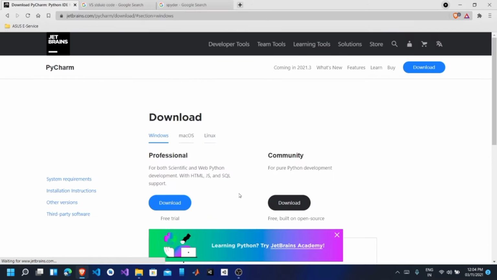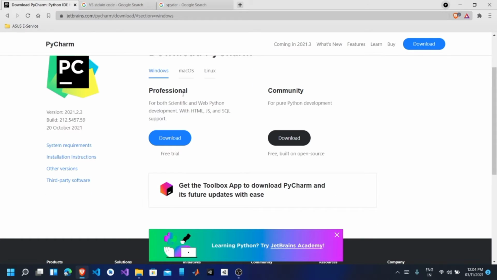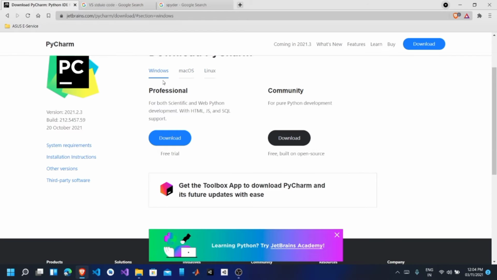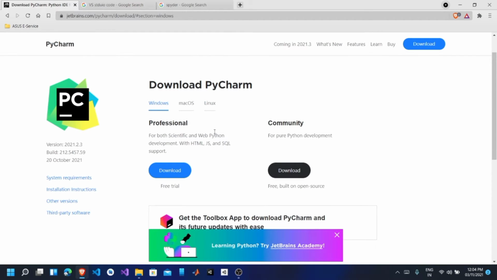You just have to click on the download button here, and they have different software for different operating systems. So Mac OS and Linux users can install from here, but I'm on Windows, so I will install from here. There are two versions, one professional version and one community version. We will install the community version. It is completely free, and in the professional version you have to pay for it. If you download it now, it will give you a free trial, but after some days you have to pay to use this software. So we will use community, and you just have to click on download. It is about 375 MB for Windows, and I already downloaded it, so I will install this.